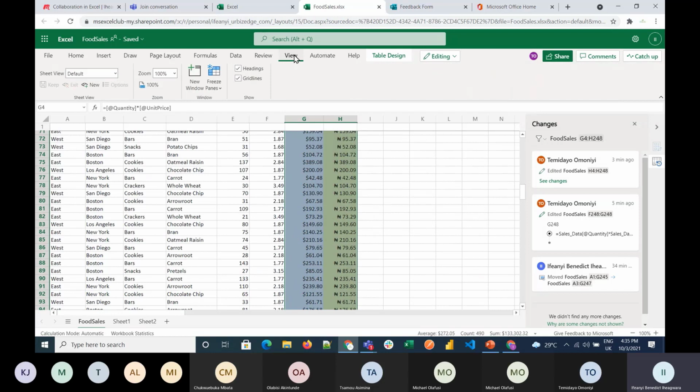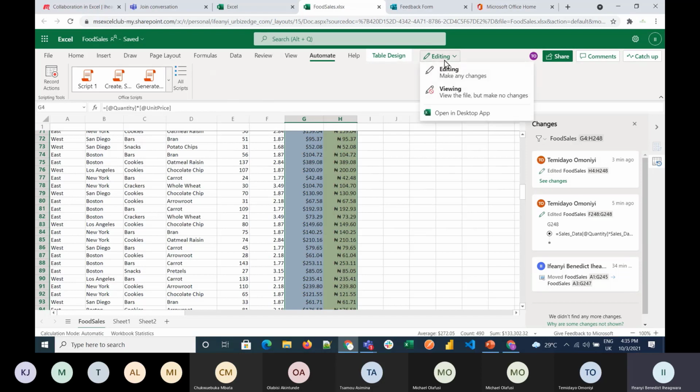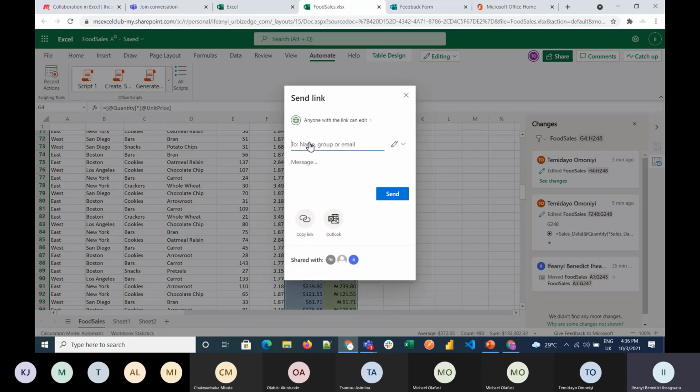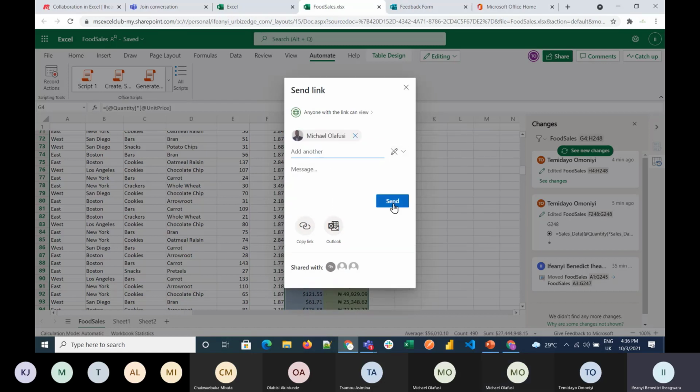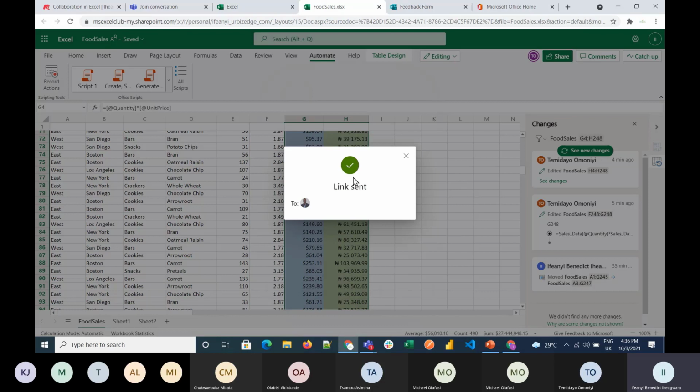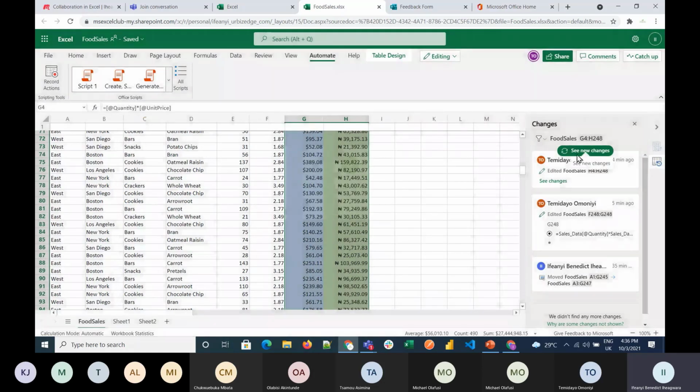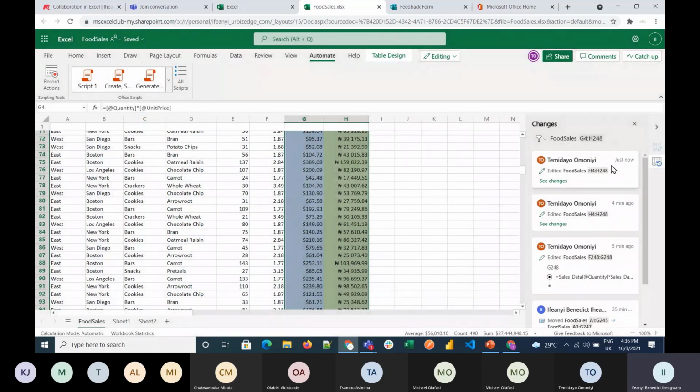If you also go to view, then this other stuff again. So right now I have editing control, right? I can also set this file to someone that can only view, and the person will not be able to really make any changes to it. So maybe if I share this now, I give you just view access and share it. You'll get the mail notification sent to you, just as easy as that. And again, you can see that Temidayo made changes recently, just now.